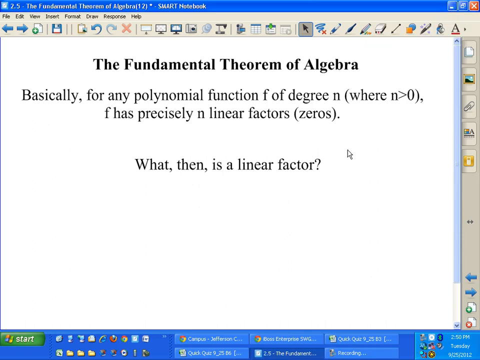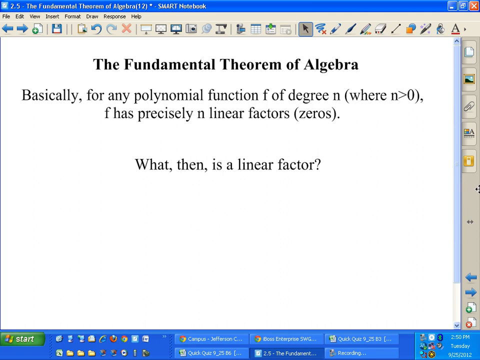Basically, what we're talking about for the fundamental theorem of algebra is that if we're given a polynomial, the highest degree of this polynomial will have that many zeros or factors. A linear factor is basically writing a factor as an equation of a line. Like x plus 2 is a linear factor because it would mean that x equals negative 2 as a